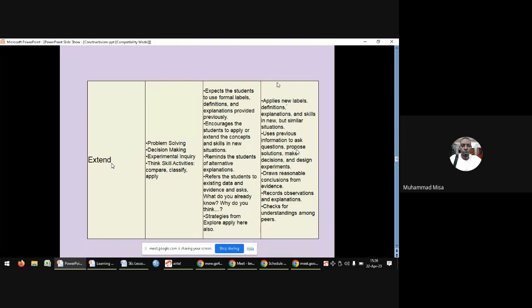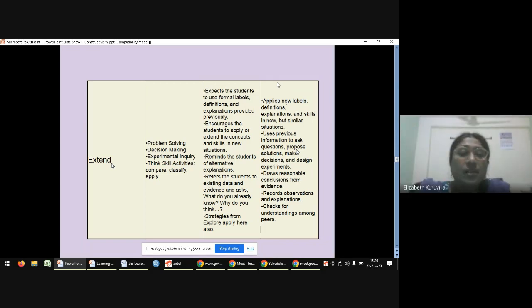explanations, and skills in new but similar situations. Use previous information to ask questions, propose solutions, make decisions, and design experiments. Draw reasonable conclusions from evidence, record observations and explanations, check for understanding among peers. So here, in the extend step, the peer activity is an important part that is happening in